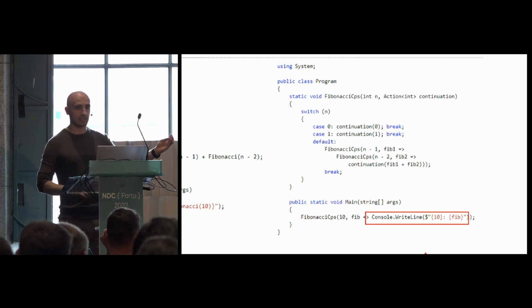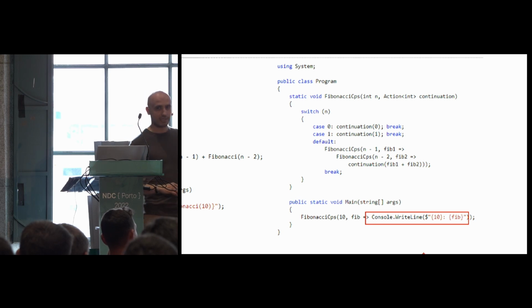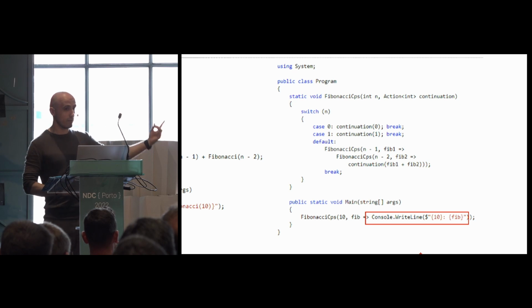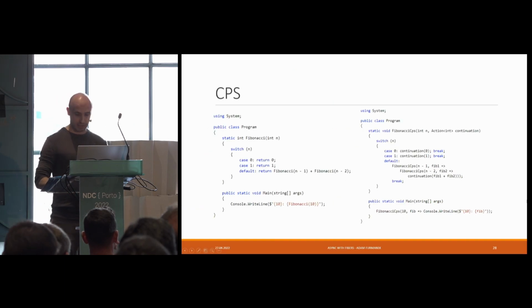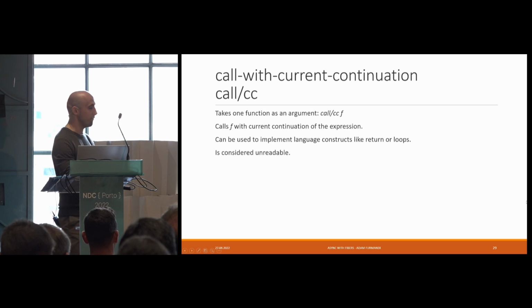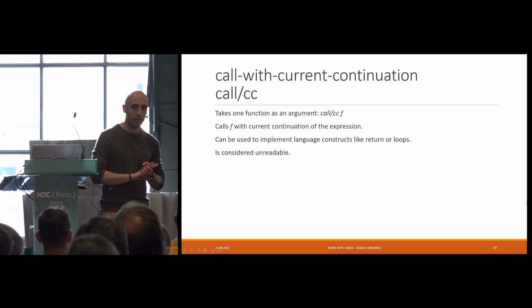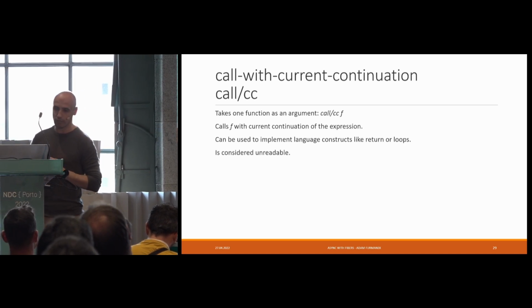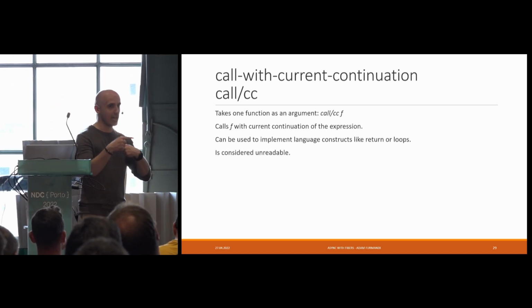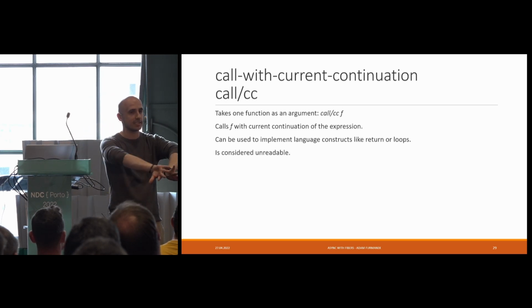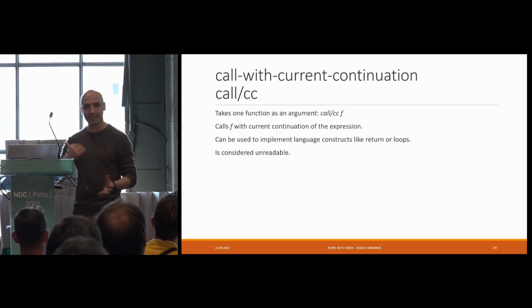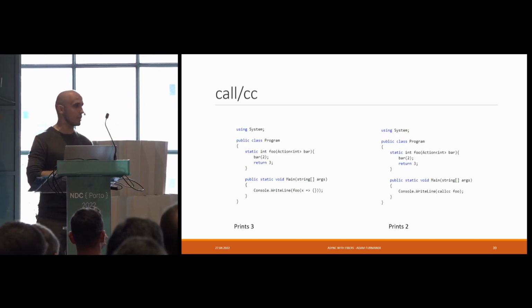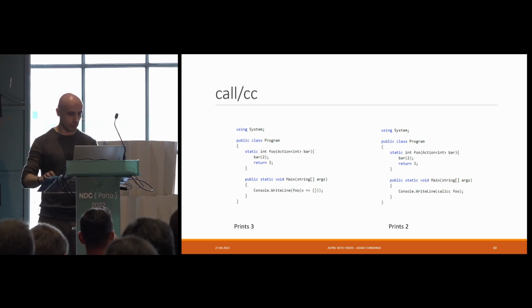So this is the CPS, and you can obviously see this approach with the task wrapper, right? Task continue with: when you are done, don't give me the result, but go with this continuation. What does this give us? Well, if we bend our minds a little more, this allows us to implement a thing which is called call/cc, call with current continuation. So what this allows us is we can actually turn things inside out to implement any control construct we would like to have, for instance, to implement break, return, or whatever else.